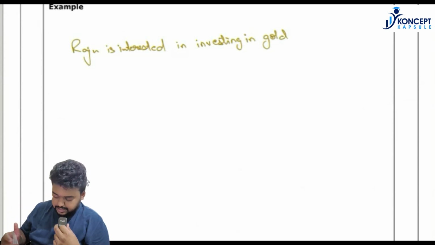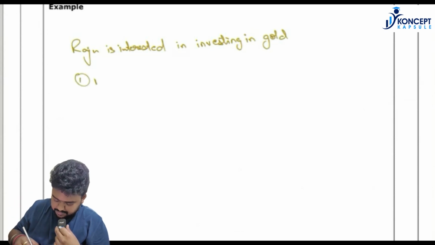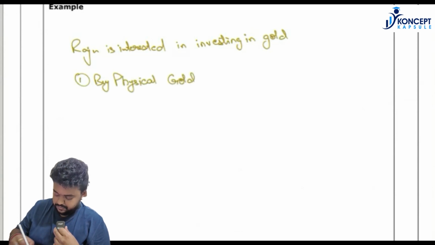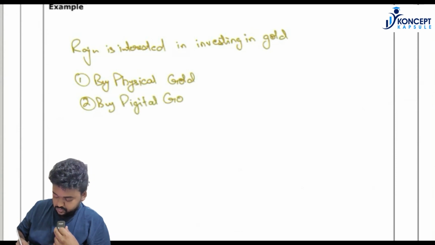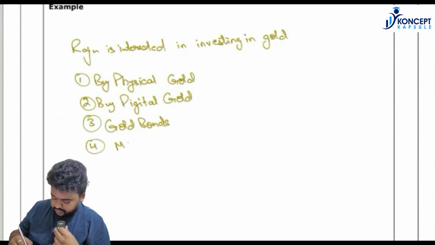First, he can buy physical gold. Second, he can buy digital gold. He can buy gold bonds. He can buy gold mutual funds, ETFs, fund of fund,